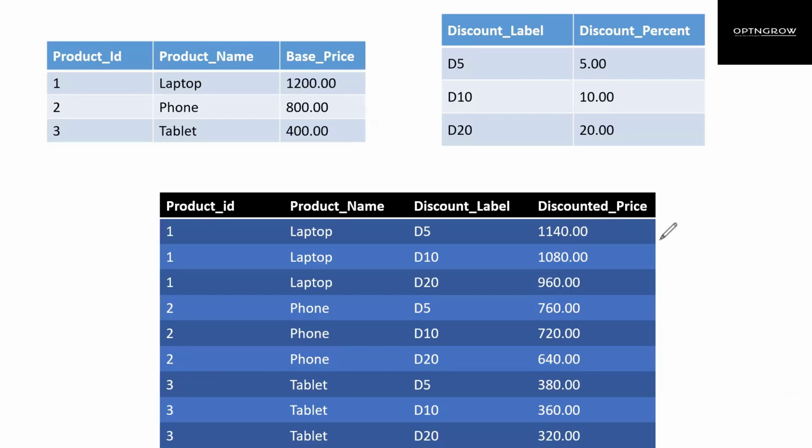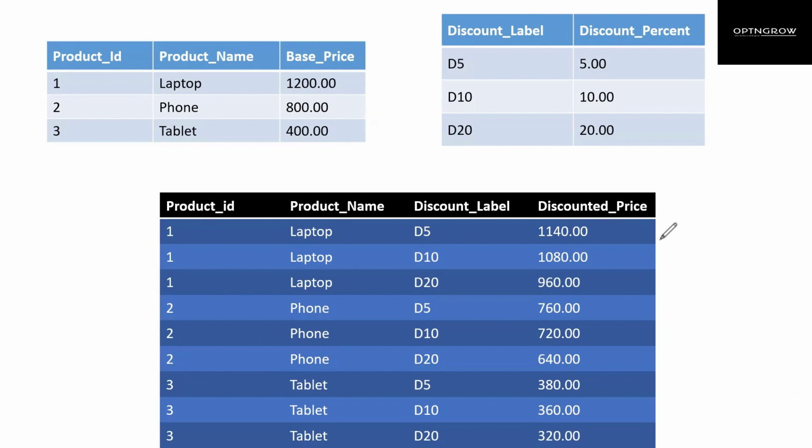Hey everyone, in this video I'm going to explain cross join, a type of join that many students and even experienced candidates often overlook. Most people are familiar with inner join, left join and other types, but when it comes to cross join, they either skip it or don't understand when and how to use it. So make sure that you watch this video till the end. This concept might be the missing piece in your SQL toolkit.